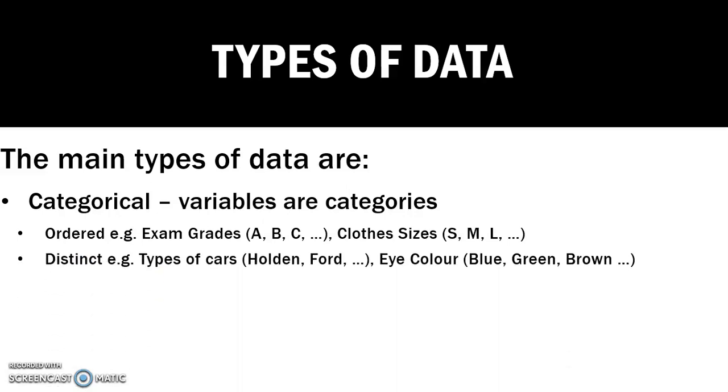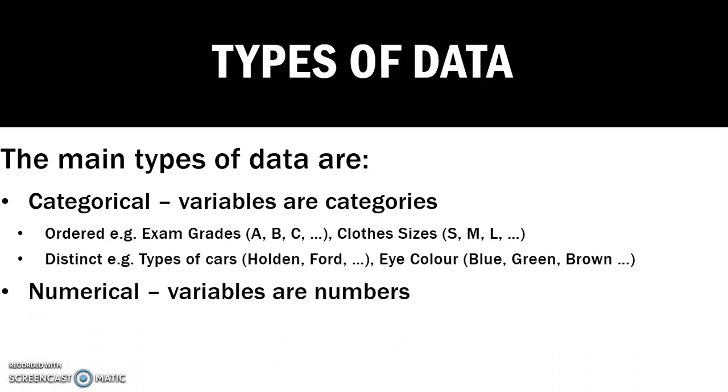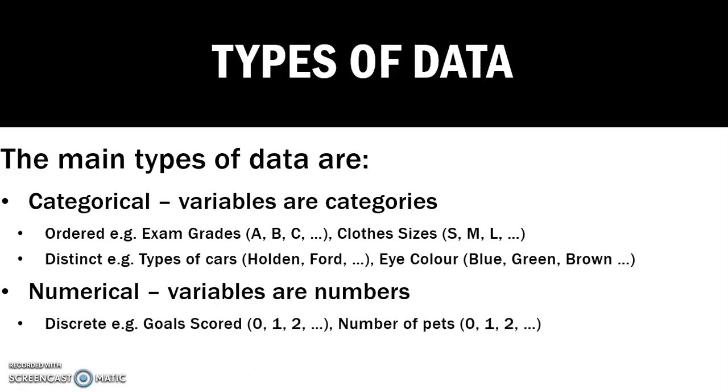We can also have distinct. So the categories can be distinct, such as types of cars, so Holden, Ford, etc., or eye color, blue, green, brown. We then have numericals, so the variables are numbers, and discrete would be goals scored, so 0, 1, 2,